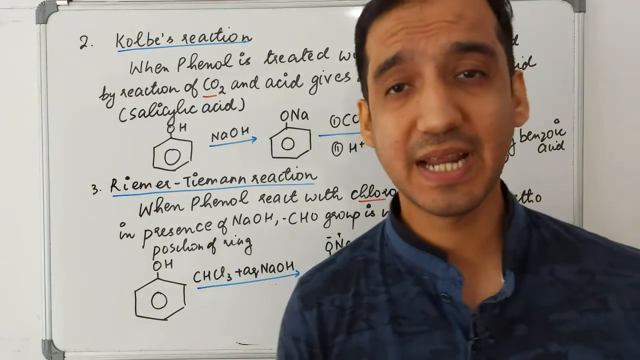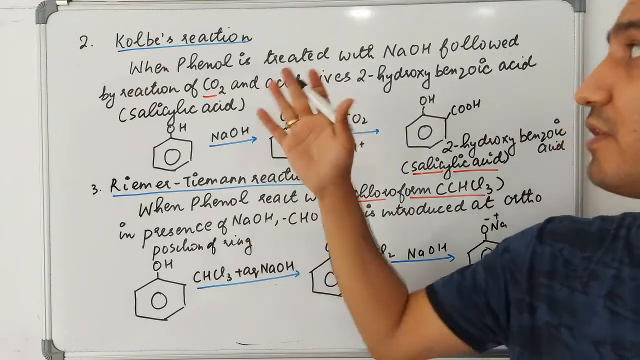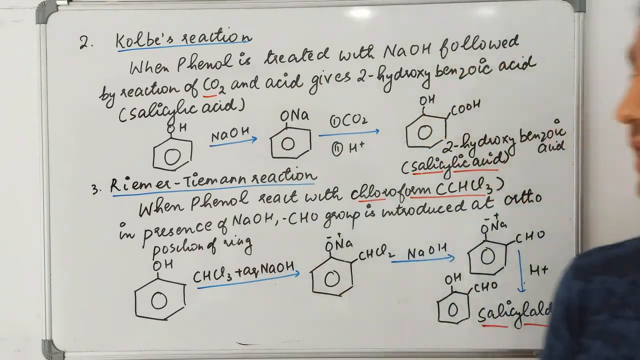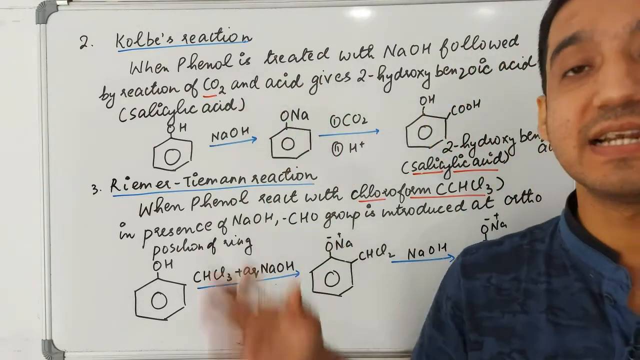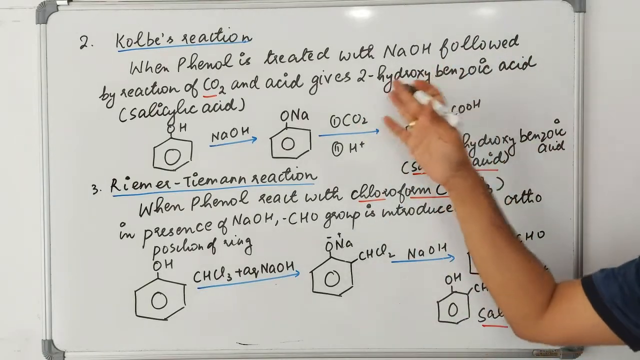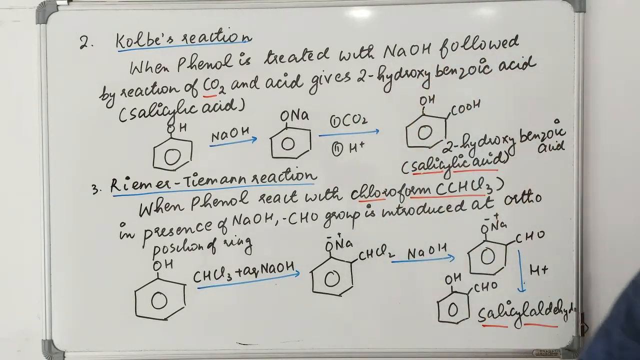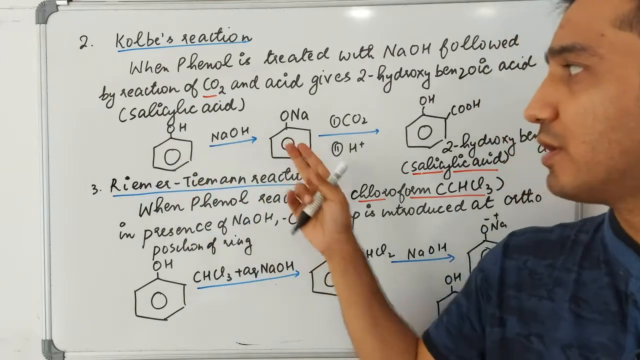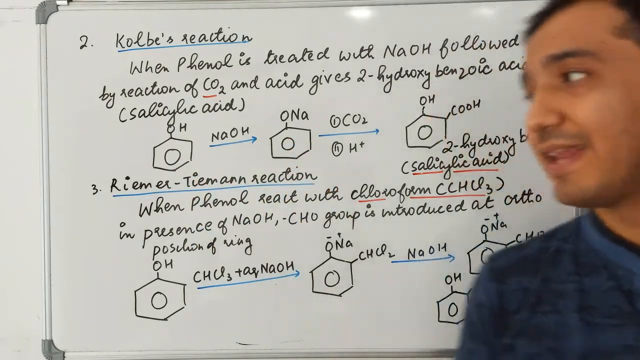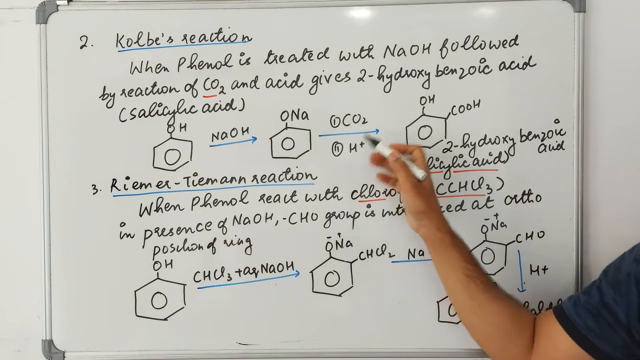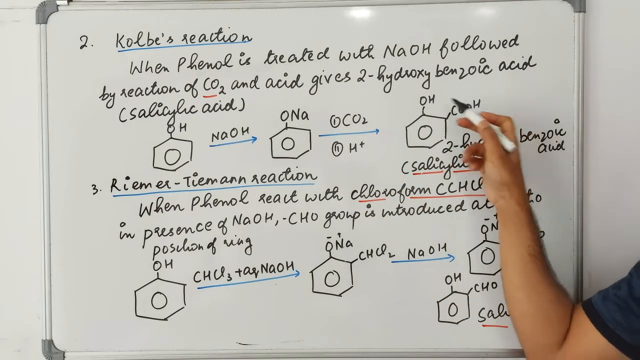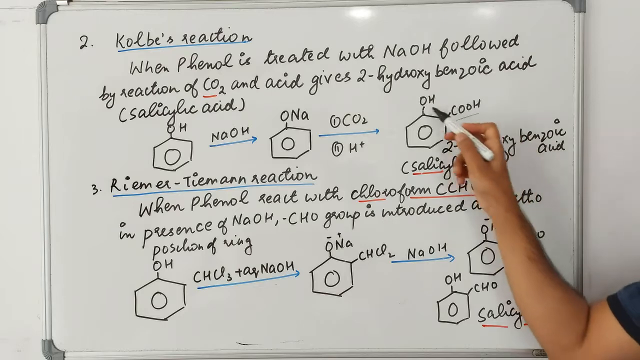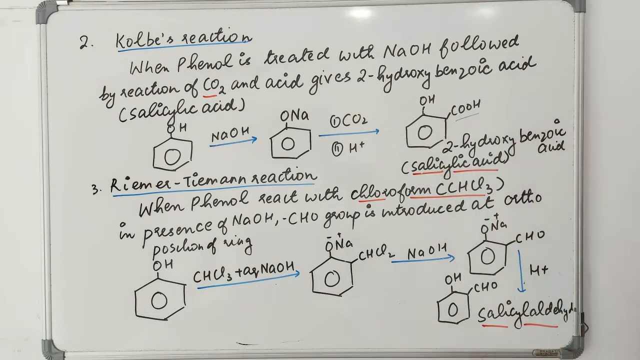The second reaction is the Kolbe reaction. In the Kolbe reaction, what happens? When phenol is treated with NaOH and then reacted with CO2 and acid, it results in the formation of 2-hydroxybenzoic acid, also called salicylic acid. Suppose you have phenol reacting with NaOH, you will get sodium phenoxide. In the presence of CO2 and H+, what happens? CO2 will get attached, H will also get attached, resulting in the formation of 2-hydroxybenzoic acid,